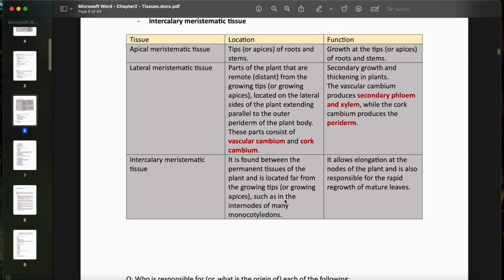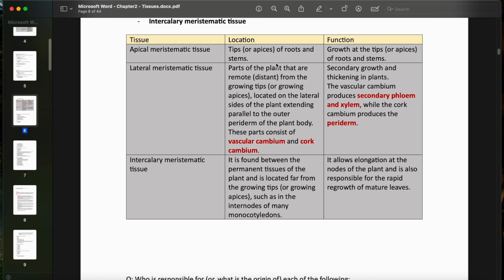The function of each tissue. So in the apical meristematic tissue, as I said, now the meristematic tissue in general, we said that the meristematic tissue functions in growing, okay, so growth. So in each type of tissue, we're actually going to have some certain type of growth happening. So in the apical, we're going to have growing at the tips or the apices of the roots and stems,